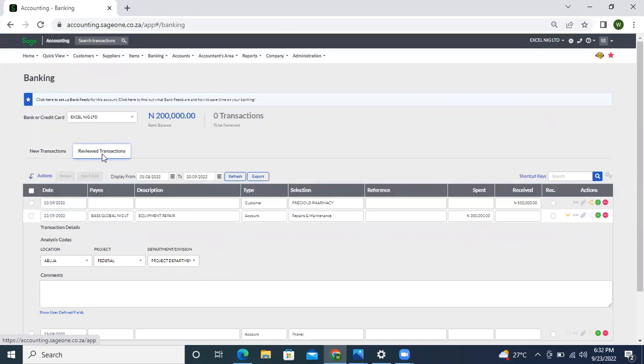So thank you very much. This is just how to record your estimated expense for